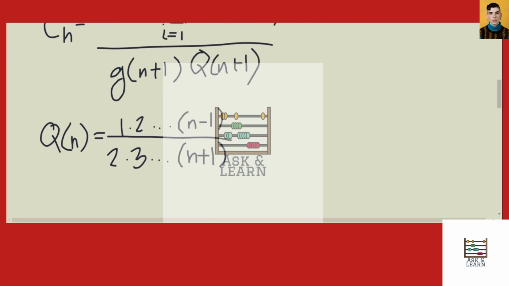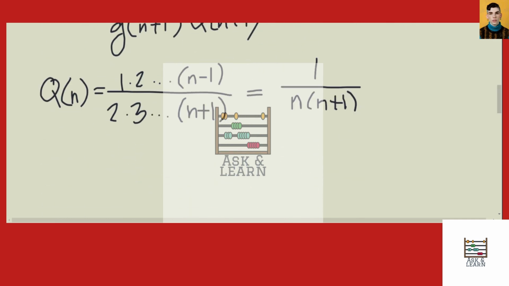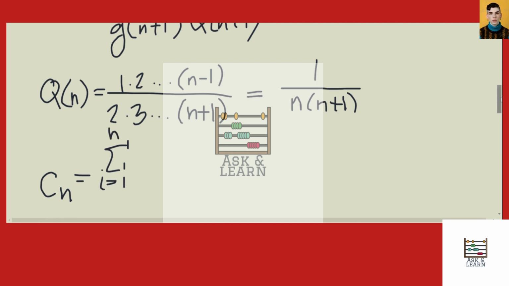And so we can cancel out terms so that we get, in the numerator, 1. In the denominator, we have n times n plus 1. And so it follows that C of n is equal to the sum from i equals 1 to n of q of i, which is 1 over i times i plus 1,